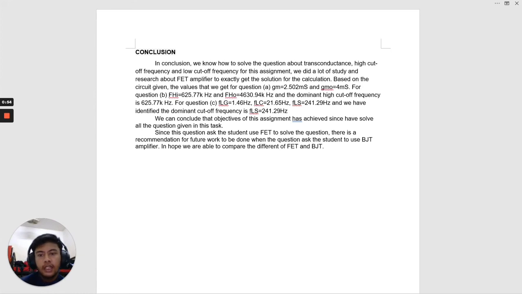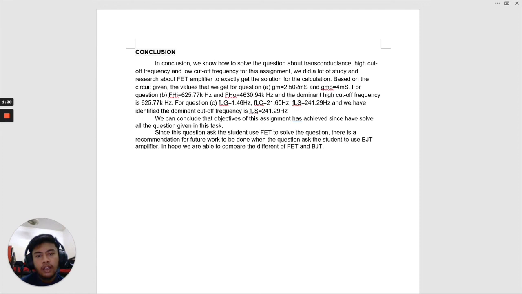For question B, fHi is equal to 625.77 kilohertz and fHo is 4630.94 kilohertz. For the dominant high cutoff frequency, it is fHi, which is 625.77 kilohertz. Next, for question C, we obtain the value of the frequency for the gate capacitor,